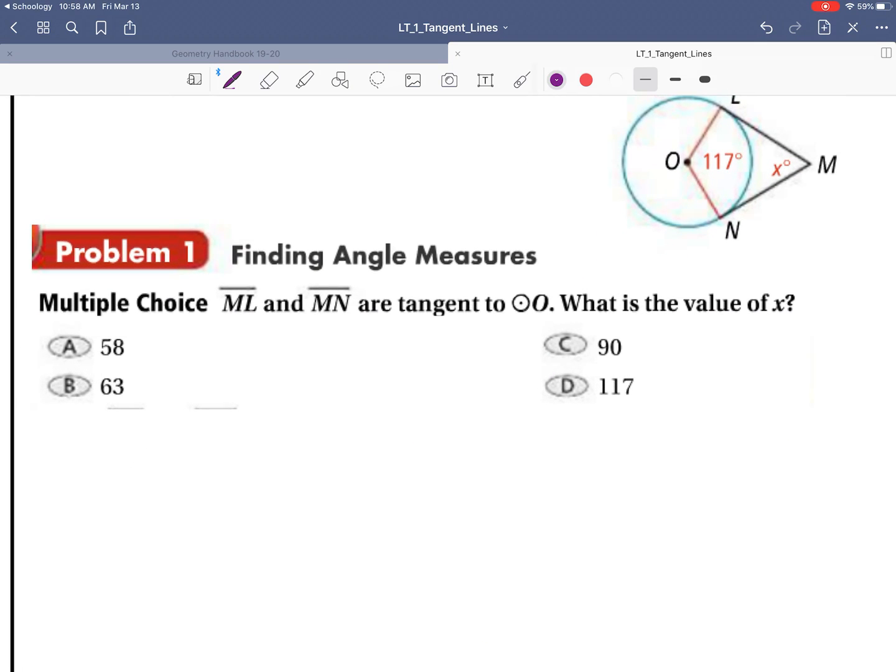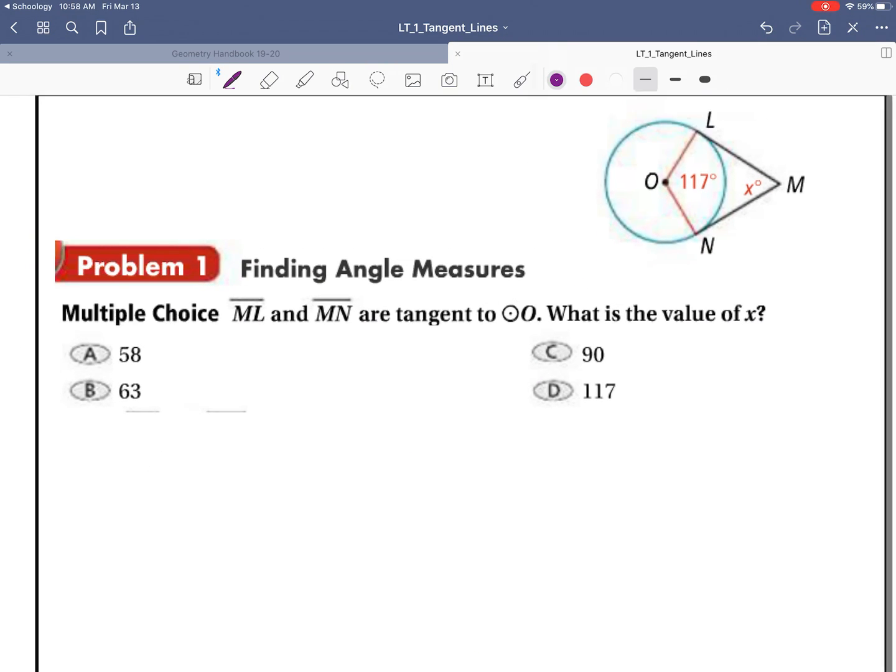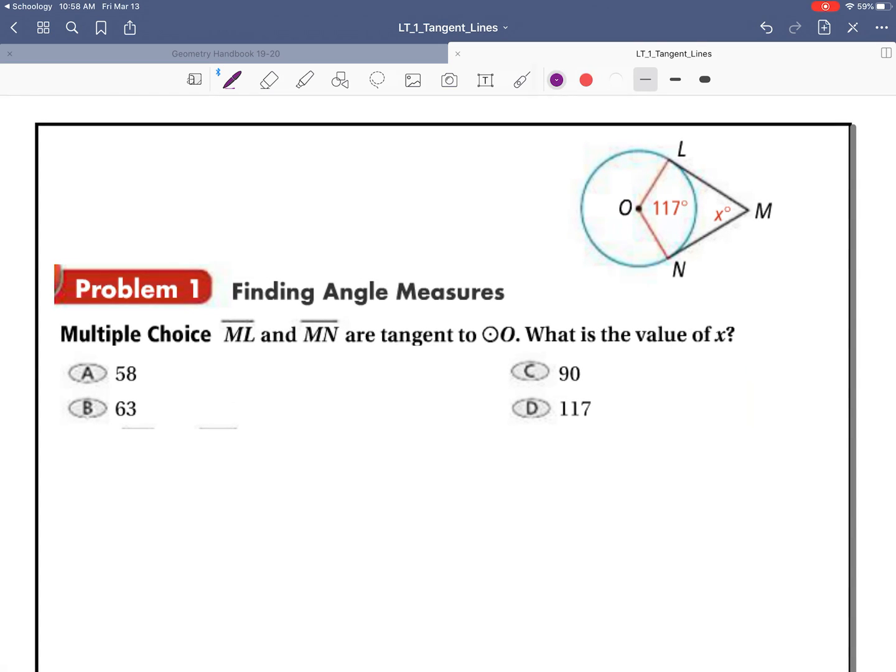All right. Let's go to this problem. We've got a circle here, and we've got two radii. There's a radius and there's a radius. L and N are both tangent to the circle, so we know that this radius is hitting the point of tangency at a perpendicular. So we know those are both 90-degree angles. Now, we know that this whole part here is a quadrilateral. So we've got quadrilateral,